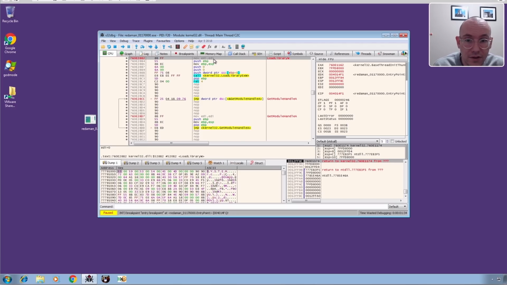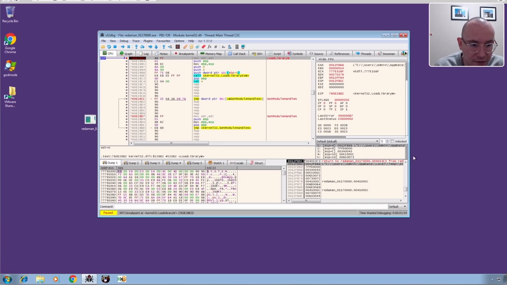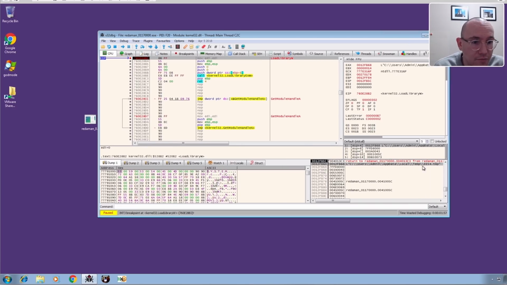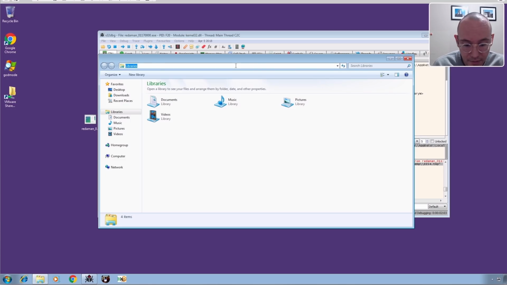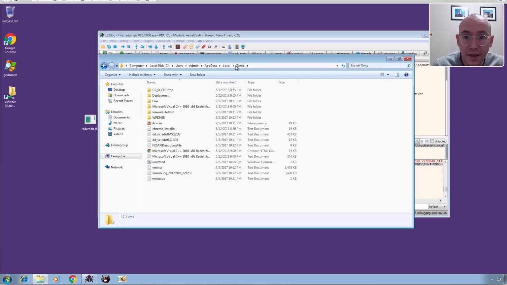So we just jump to it here, press F2 to put a breakpoint on it, and now we can run and see when it's hit. So it's being hit immediately because, again, there's almost no code in this packer, and we can see the first argument to LoadLibrary is the path to the DLL that's being loaded, and in this case it is a temp file. Let's just expand this a little bit so we can see it. Temp folder, ee54.tmp. So if we open up our browser here, we go into the temp %tmp,